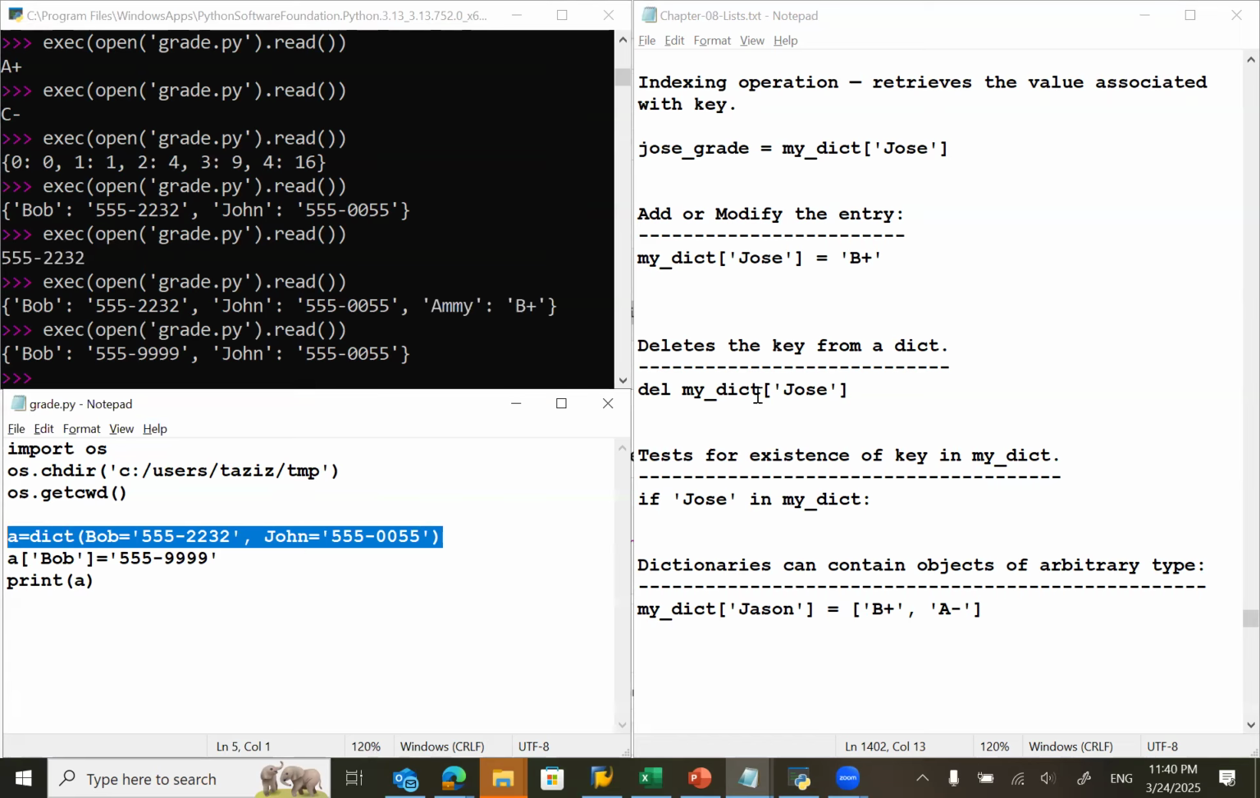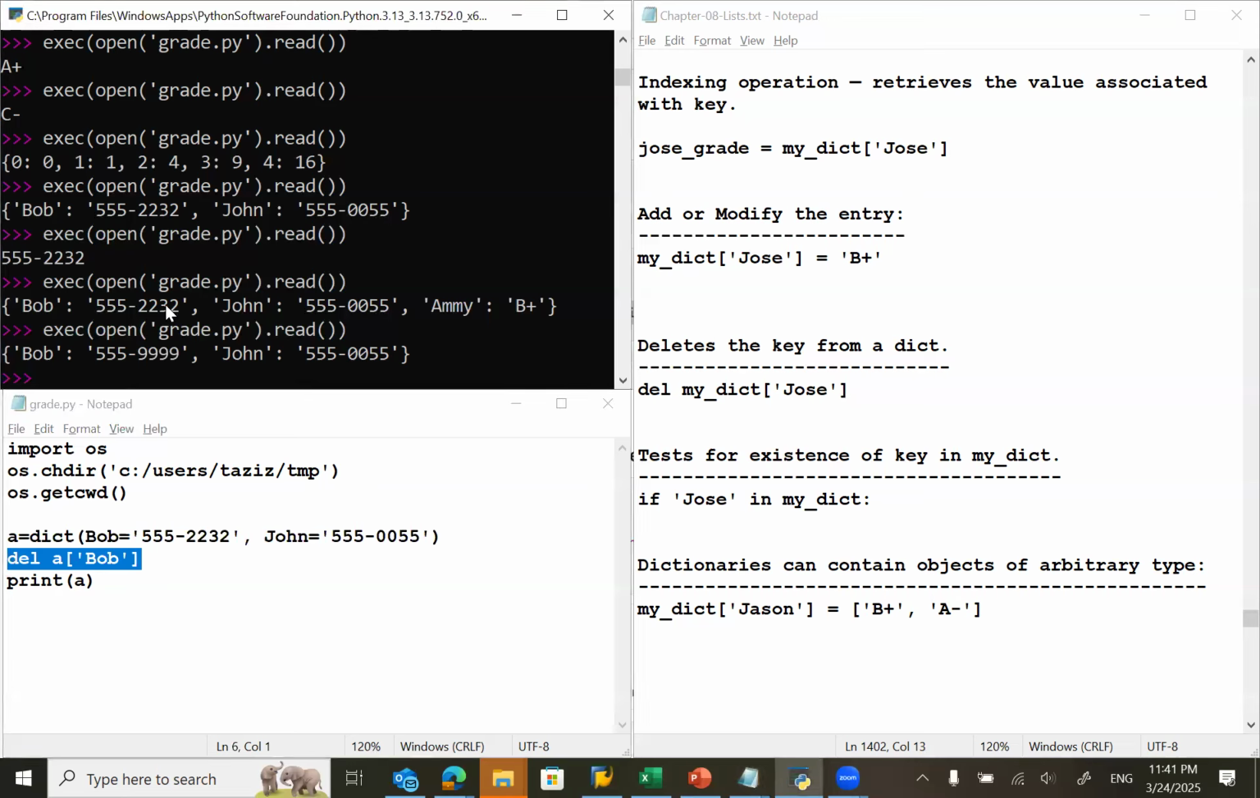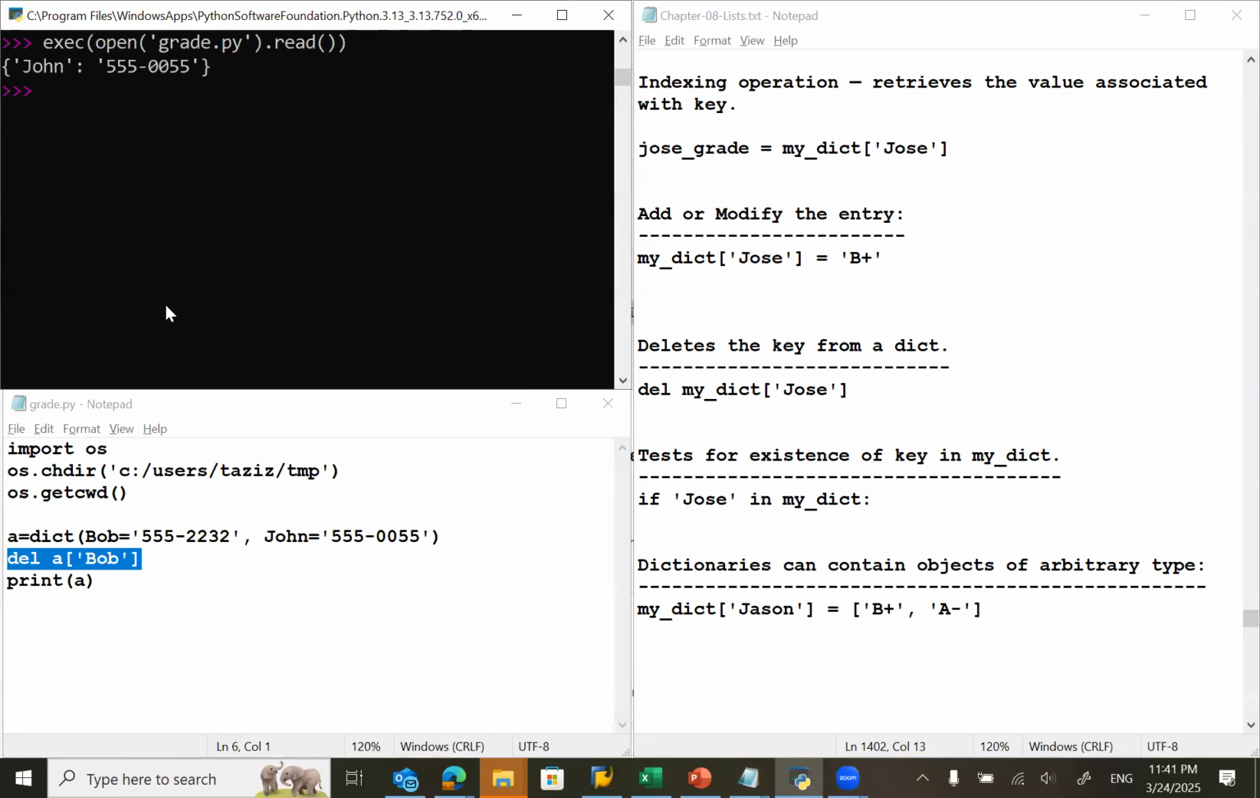So this was the way that you can add. Oh, I want to delete now. So let's delete the Bob. So I can say delete A Bob. I can remove this part. Now what will happen? It will delete the Bob. And then when I print A, it will only print John. So this is how you can delete the value from the dictionary. Let me clear it and run it. There you go. So Bob is deleted, and John is the only one